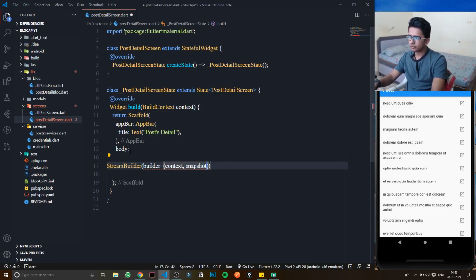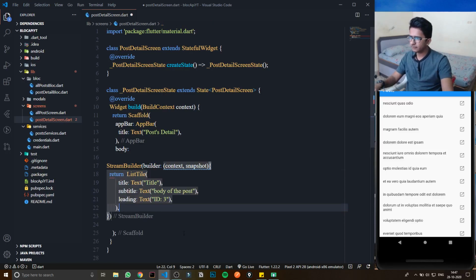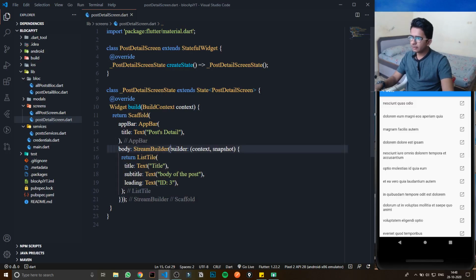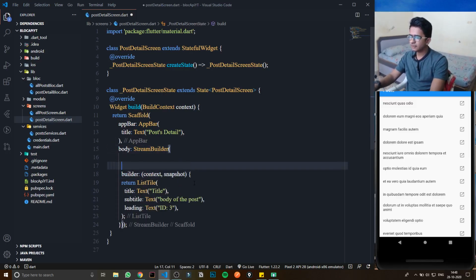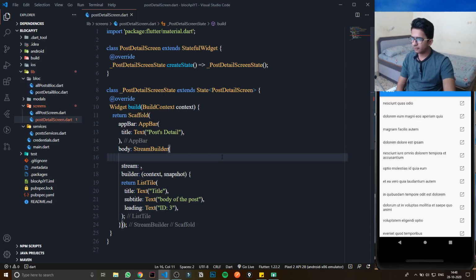Snapshot, and here I can just paste them, right? Paste that. Great. And after that I can just say stream. For this stream, just wait, there is one little thing which I need to explain to you. That is the important part. That's why I am doing this, or else I would have stopped at this single screen itself.